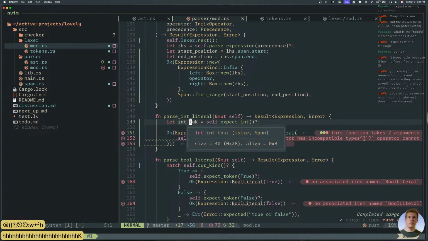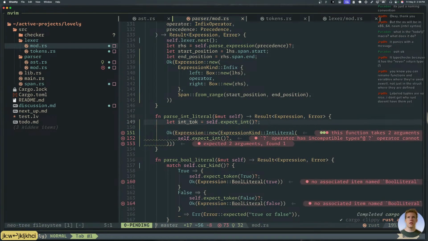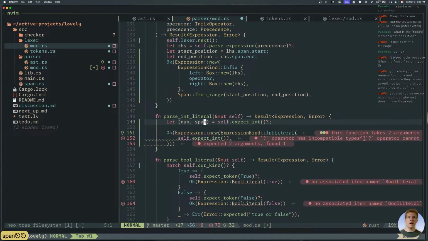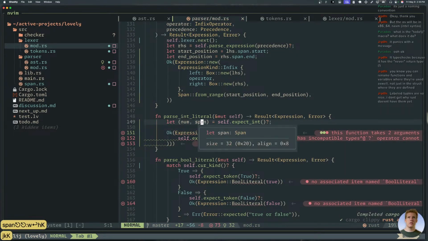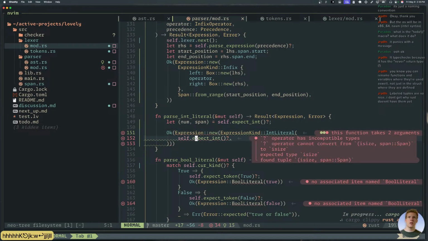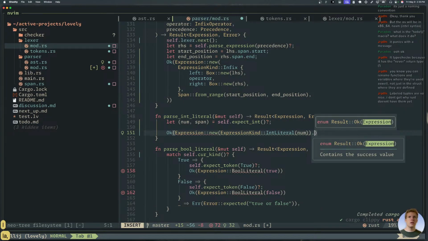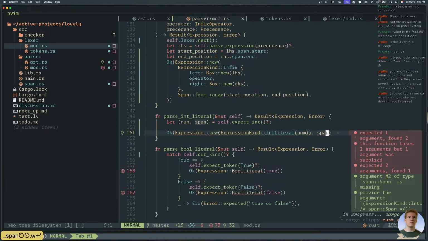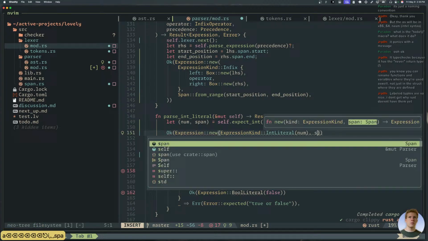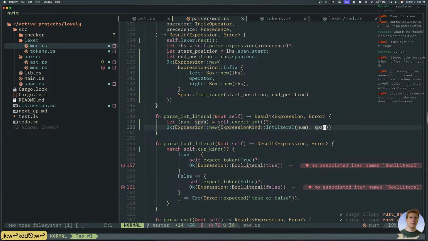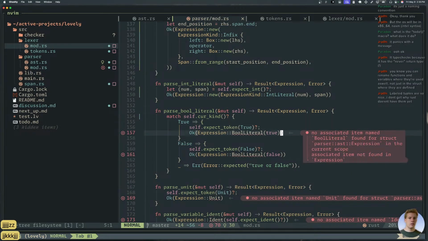So now we have that. Let num, span. So now this should be a span and this should be the num. Okay, perfect. So this becomes num, and this becomes span. Boom. That's really nice. And then we're passing the span along through there.